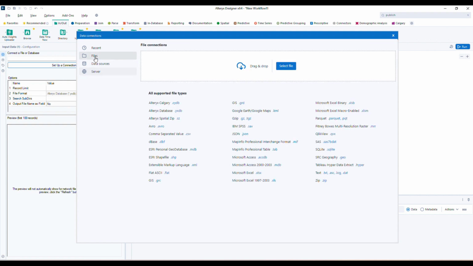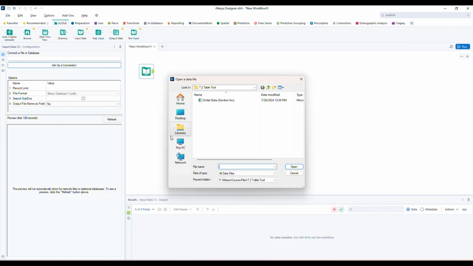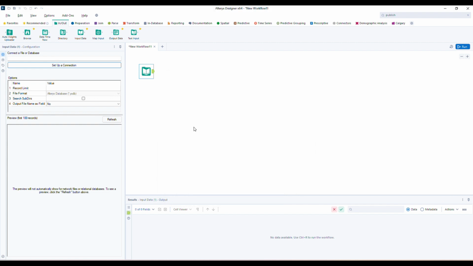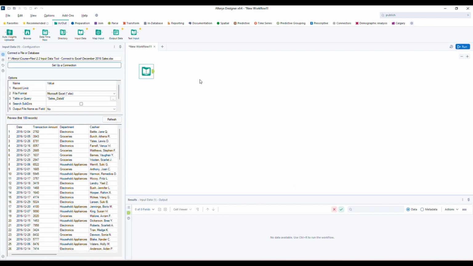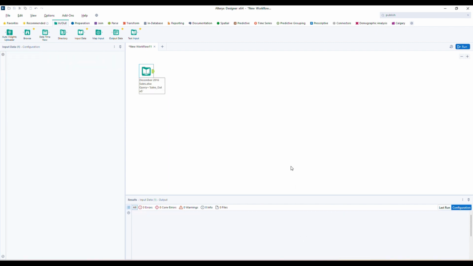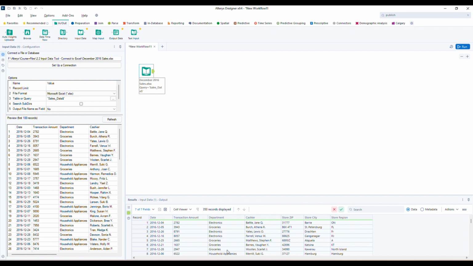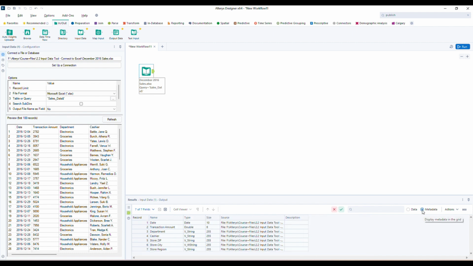And in this video, I'm going to insert the data from an Excel file, one sample file I'm taking here, and select the sheet from that Excel. Click OK. Click on run, and now you're able to see the data in that Excel file. These are the columns and rows I have in that Excel. And on the right side you have a metadata option as well. If you click this metadata, you can get the metadata details of this particular input, what are the number of columns and types and sizes and all.